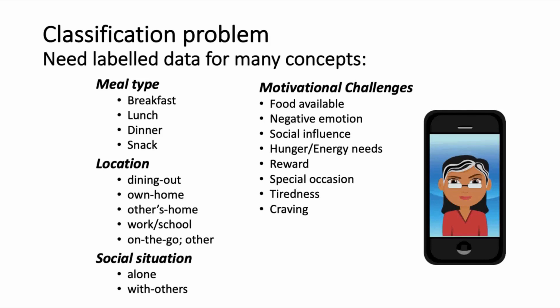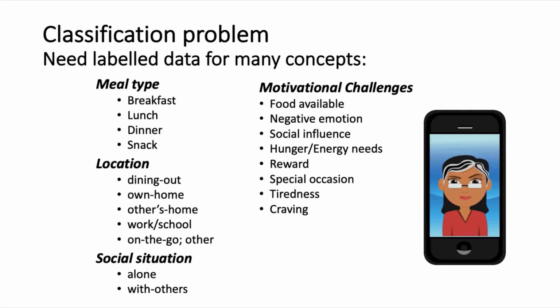So to have a model that could recognize all these concepts requires training a supervised learning model on a data set of many, many sentences that have been labeled with each of these concepts relevant to the psychology of eating moments. If we were training such a model from scratch, we'd need a very large number of labeled sentences to get a language understanding model to accurately recognize the relevant concepts from someone's natural language description. Getting such a customized labeled data set for a specific topic domain, like healthy eating, for example, is a challenge.